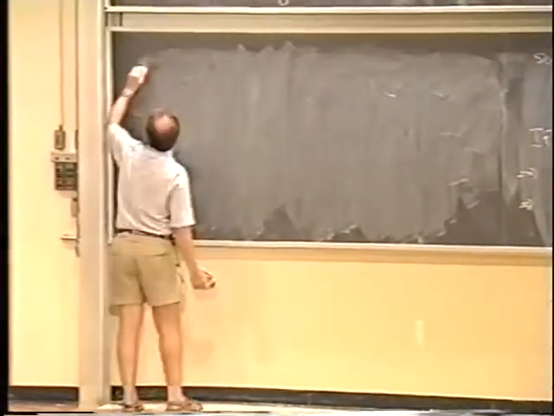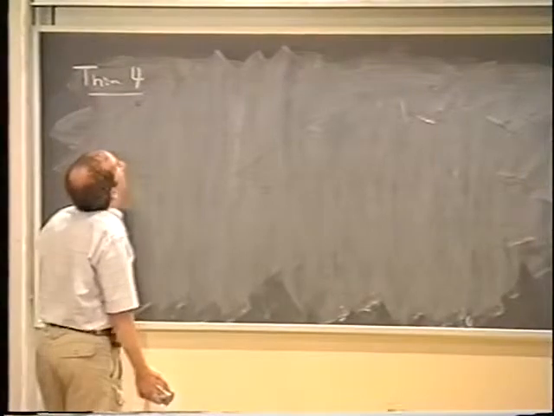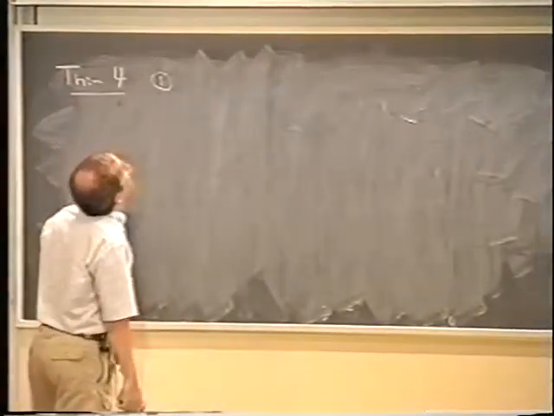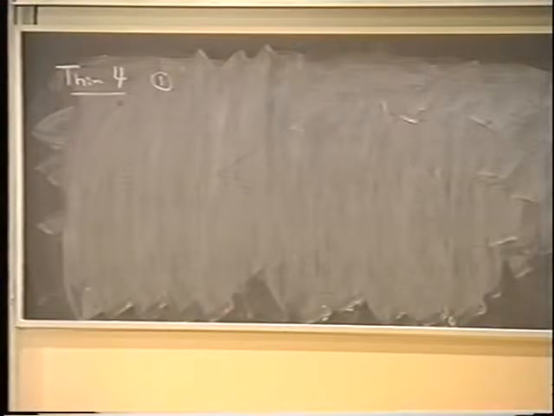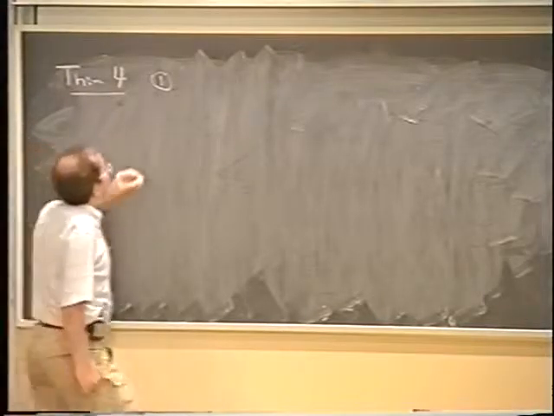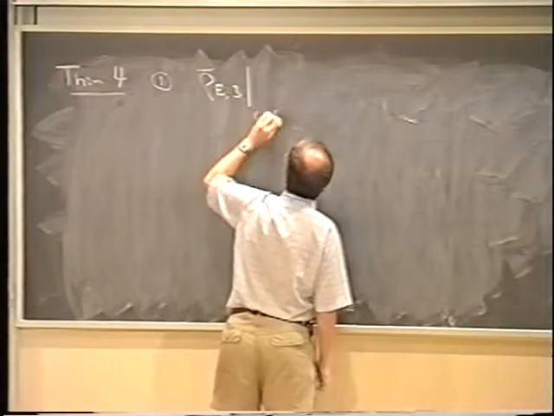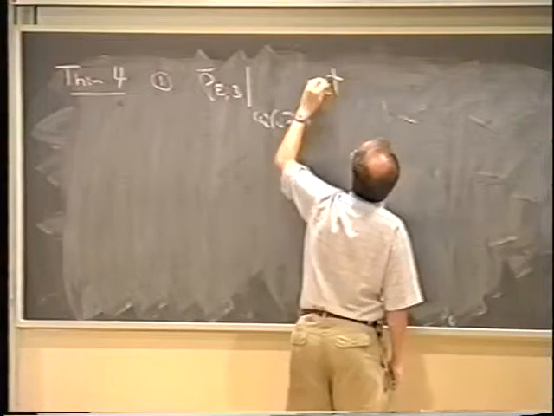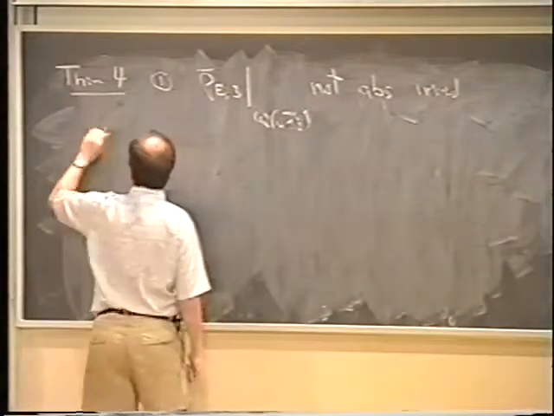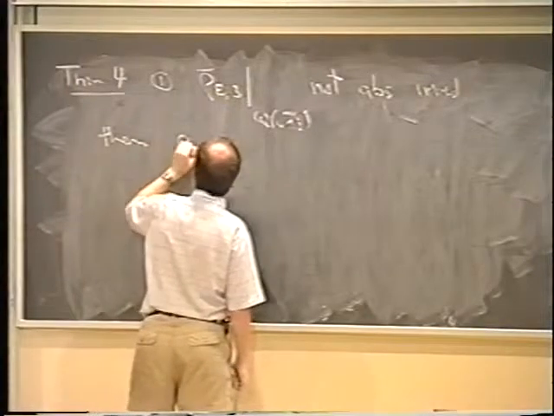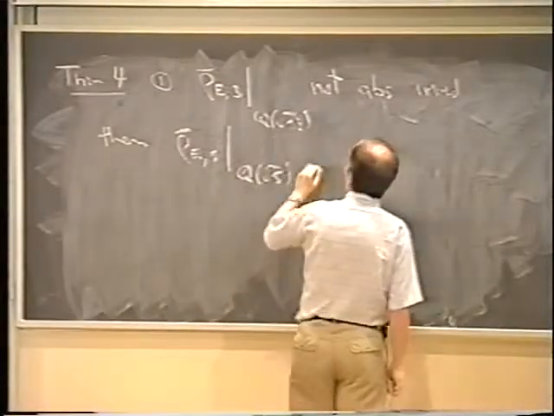So the analog of theorem 4, which still is basically Weil's technique, it's just used in a slightly more complicated way. The first part is that if rho E3 bar restricted to the Galois group of Q(√-3) is not absolutely irreducible, then the restriction of rho E5 to the appropriate field, Q(√5), is absolutely irreducible